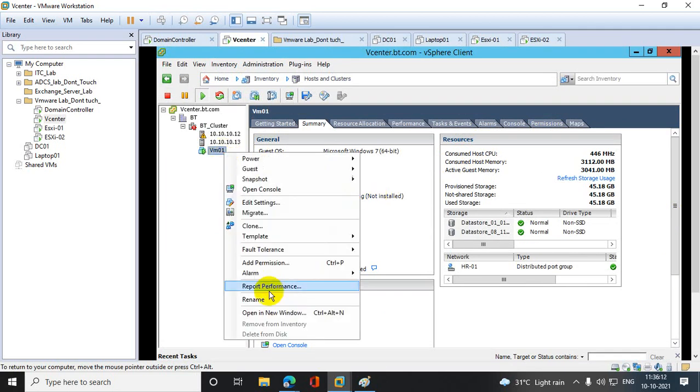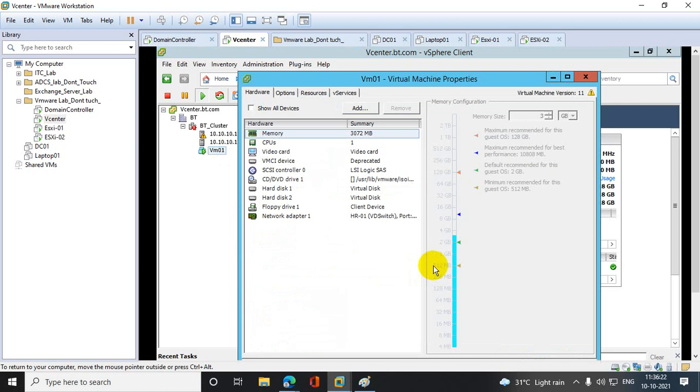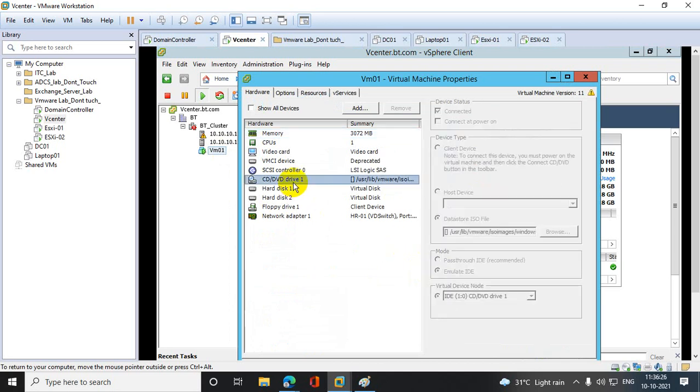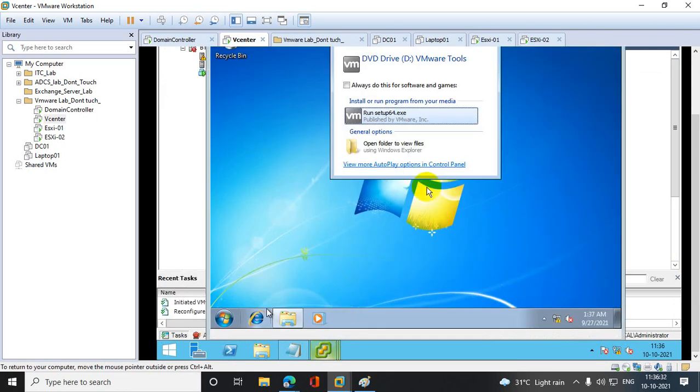And then I'll try to add. Okay. It's installing. Okay. So run here.